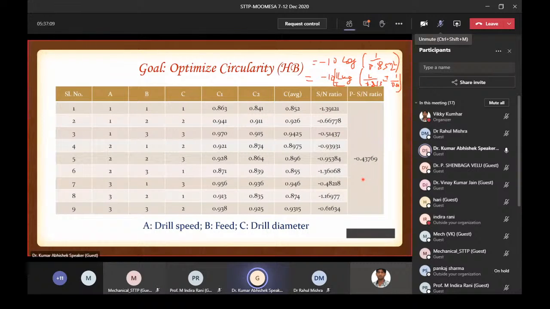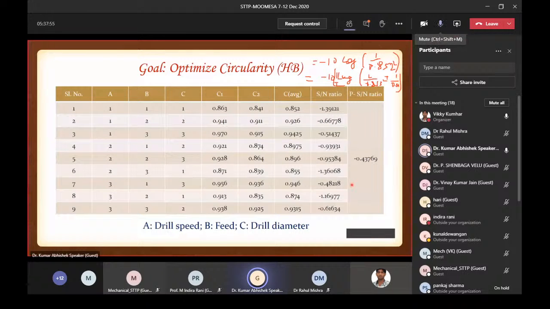आप जब उसको रखोगे तो आप इसको फाइंड आउट करोगे, दिस वैल्यू हैज बीन अचीव्ड, और जो भी आपकी प्रेडिक्टेड एसएन रेशियो आई है उसको आप इस कंप्यूटेड एसएन रेशियो से कंपेयर करेंगे। ठीक है, अगर आपकी ये जो प्रेडिक्टेड एसएन रेशियो आई है वो इस कंप्यूटेड एसएन रेशियो से ज्यादा है, तभी आपका जो ऑप्टिमल कॉम्बिनेशन आपने फाइंड आउट किया है वो सही है। ठीक है, अगर ये किसी एक से भी छोटा है तो डेफिनेटली देयर इज द मिस्टेक एंड यू हैव टू रिपीट द एक्सपेरिमेंट। ठीक है, दैट इज नॉट गिव्स द ऑप्टिमल कॉम्बिनेशन। क्लियर है,